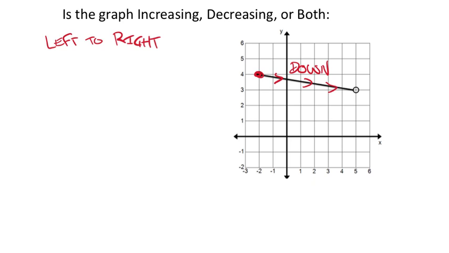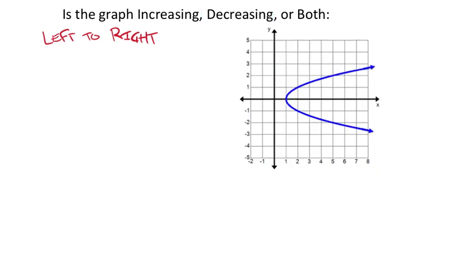Now again, this would also be a slope thing since it's going down. It would have a negative slope, so this one would indicate, no matter how you look at it, that this graph is decreasing only. Now if by chance it changed direction, it would be both, but this one's just decreasing. Okay, this one,